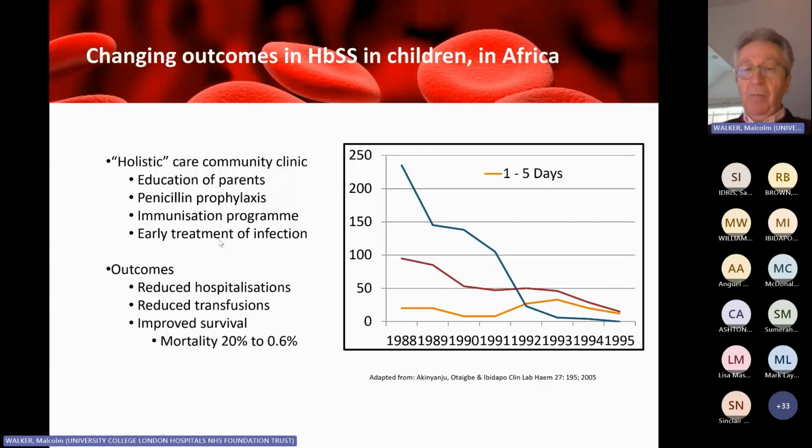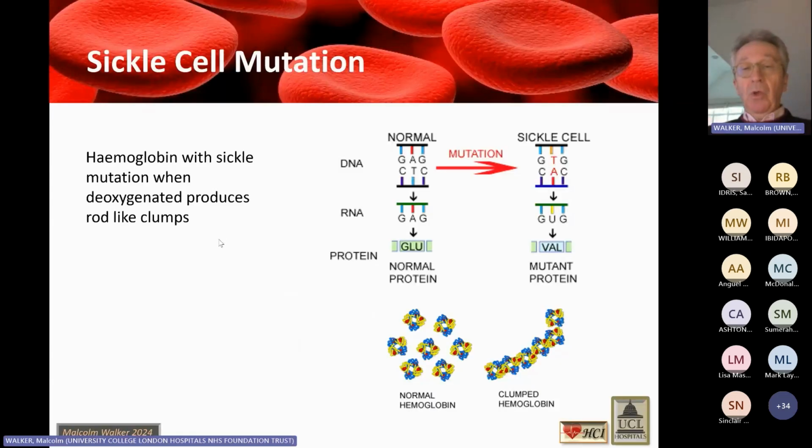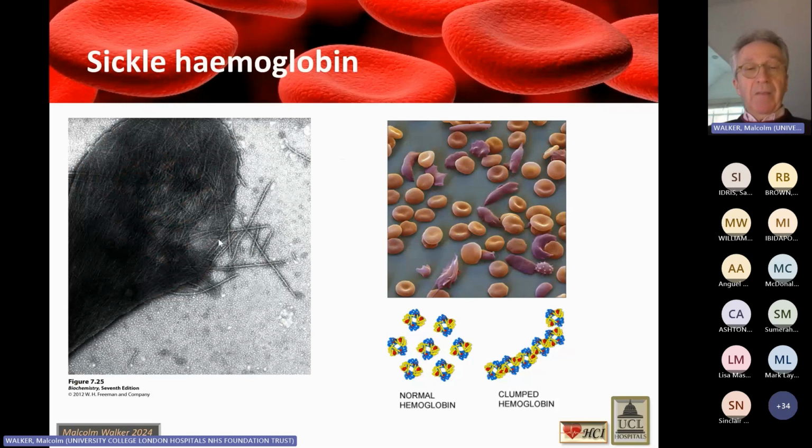So, important economic aspects, and making the point that it's not necessarily very high-tech medicine here. We're looking at just good clinical care. And you will all be completely aware of this, but this is something I have to remind cardiologists, and then what it looks like with red cells and the abnormal hemoglobin breaking the red cell membrane and producing the classical